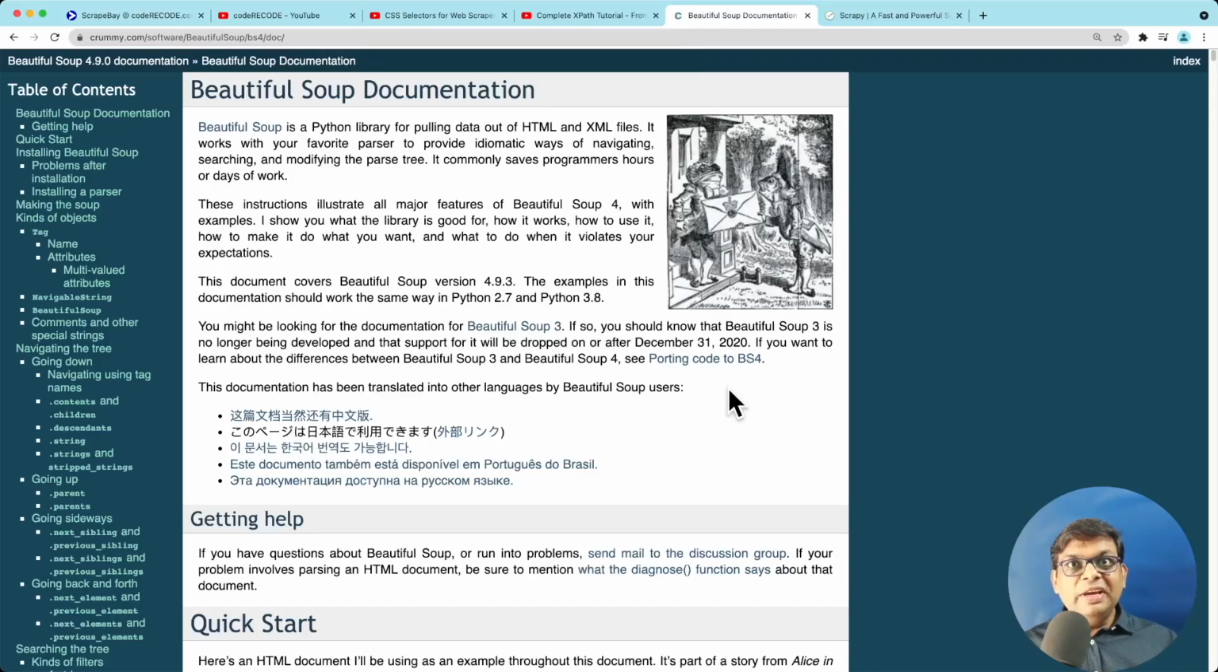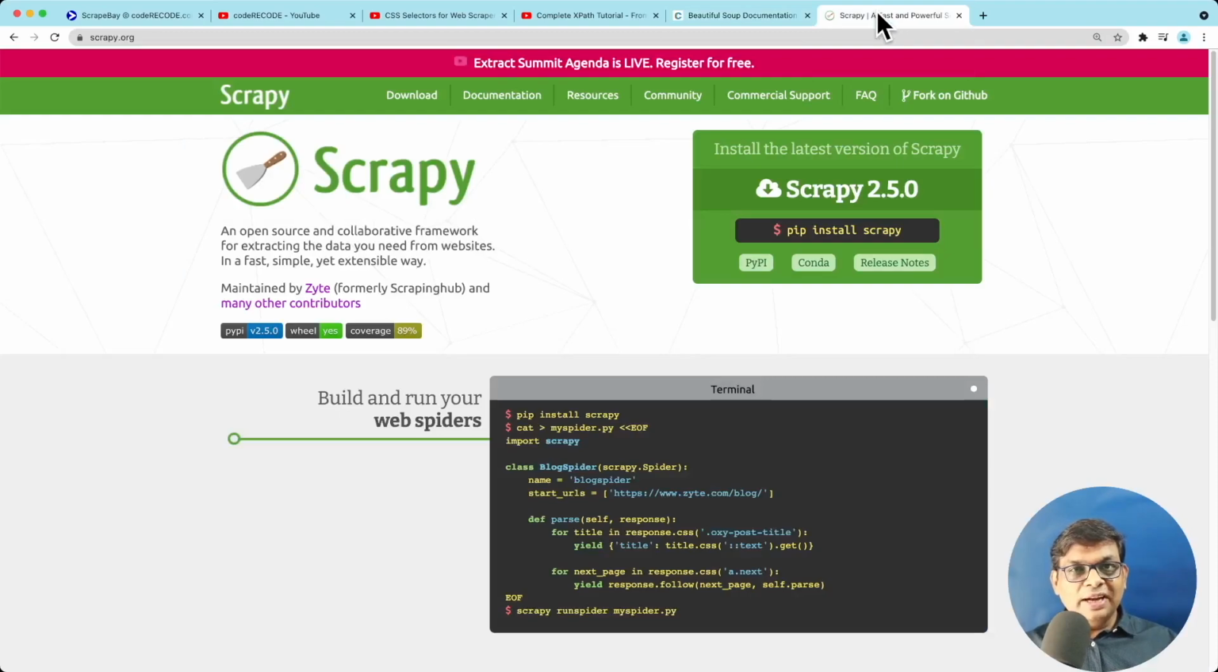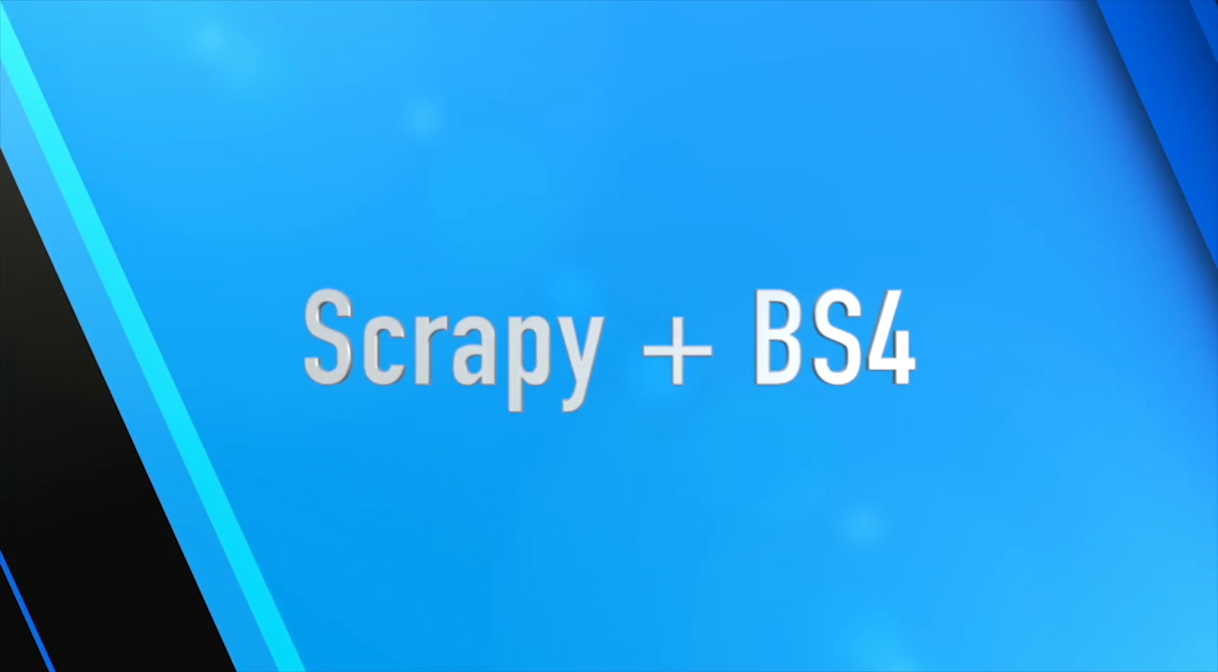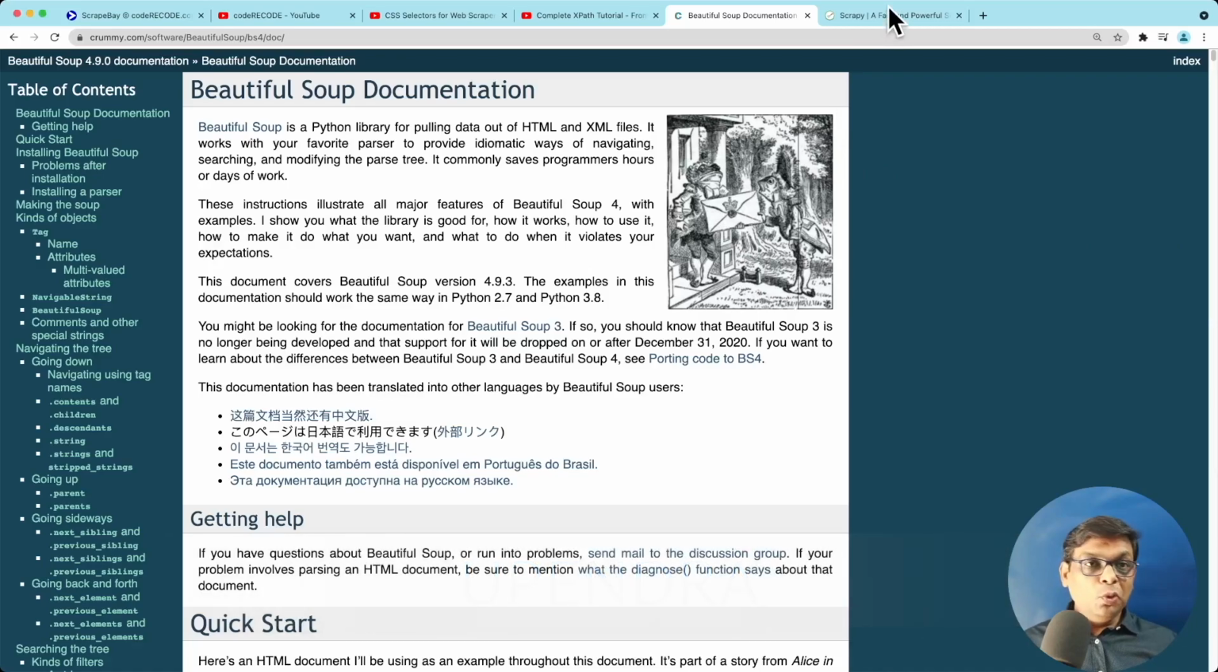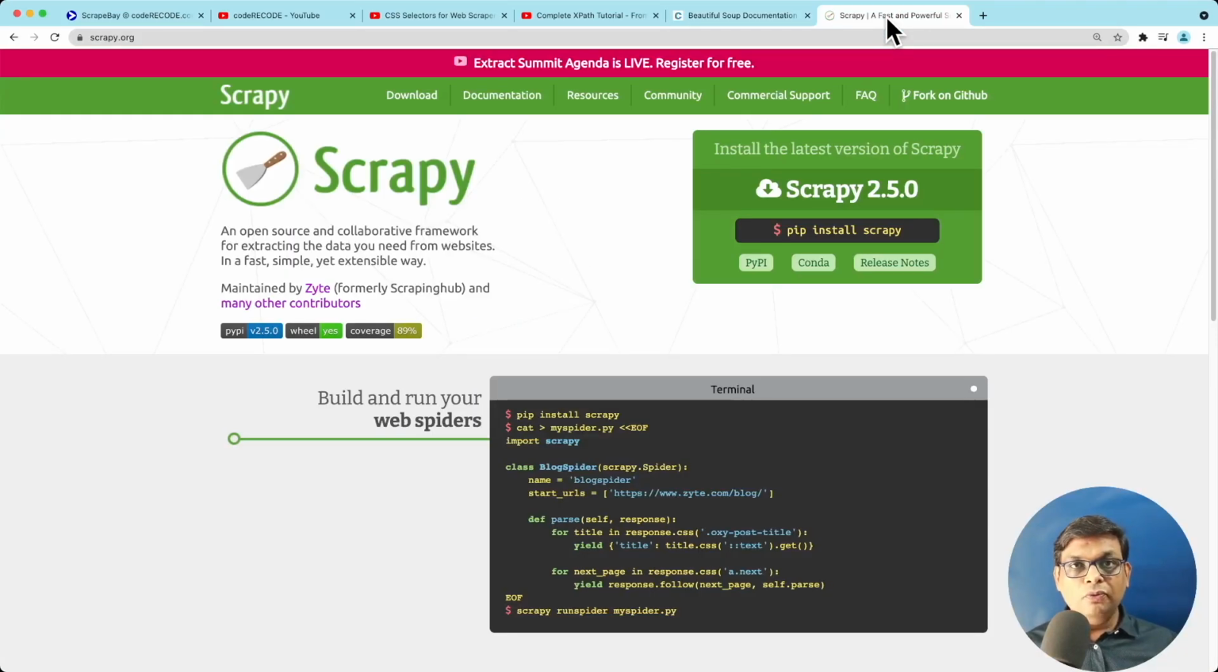So in this video, we are going to see how Beautiful Soup can be integrated with Scrapy so that you have to learn a little bit less. If you're already comfortable in Beautiful Soup and you want to move to Scrapy because of more powerful features, one problem that you may face is learning all the new types of selector,